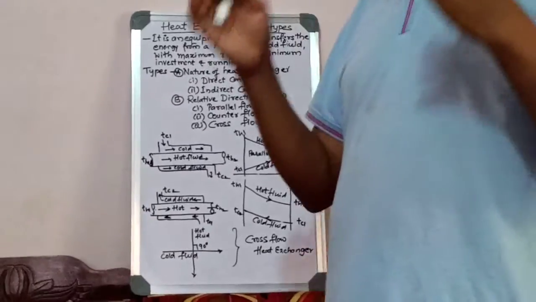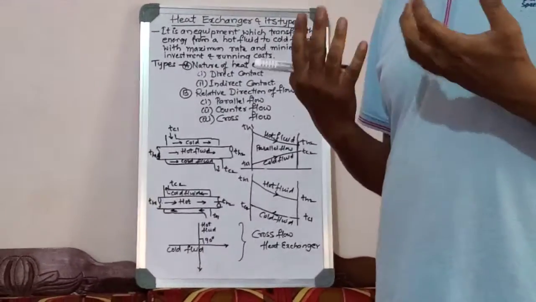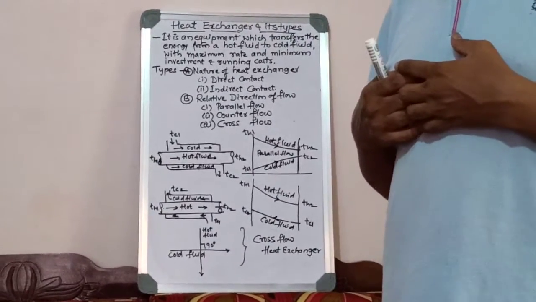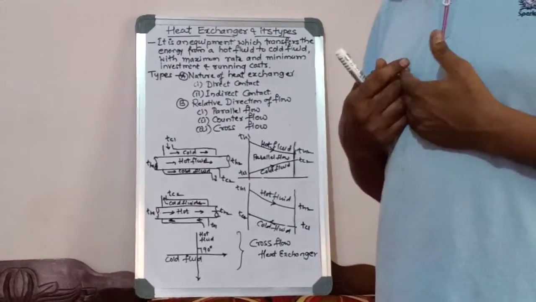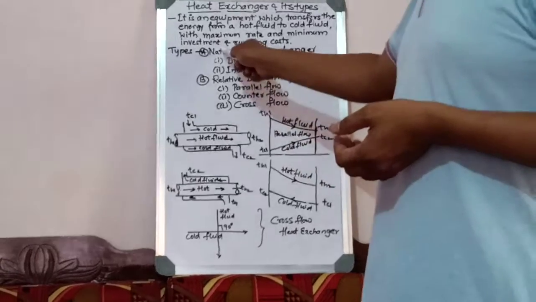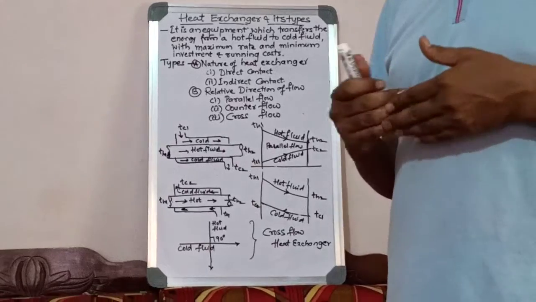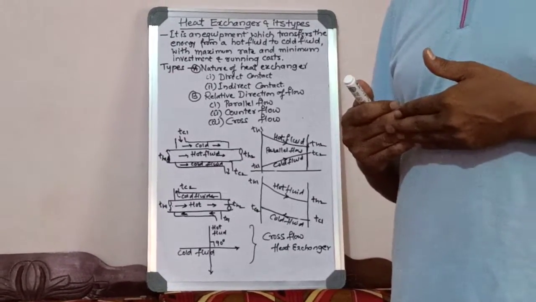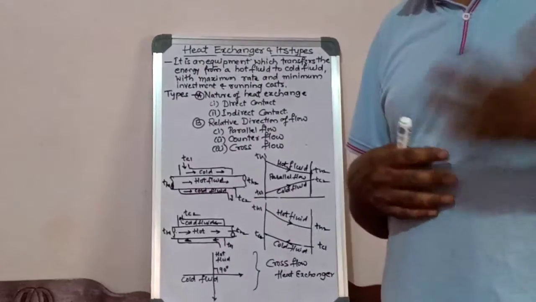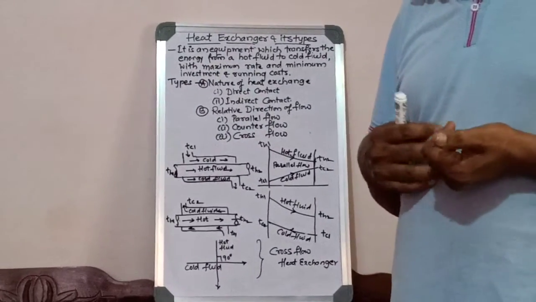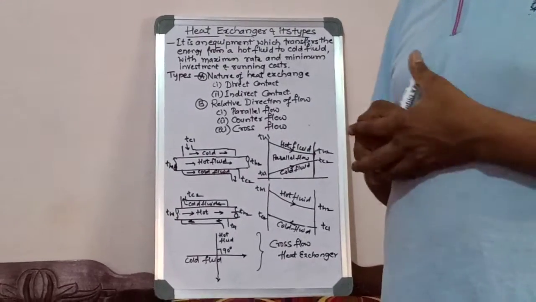So naturally this is an equipment. Now anybody can ask what are the types of heat exchangers. So many heat exchangers are there, but we will classify according to our academics. The first academic classification is depending on the nature of the heat exchange. What is the nature of heat exchange? For example, direct contact and indirect contact. That is the principle. On which principle is the classification? Depending on the nature of the heat exchange: direct contact and indirect contact.